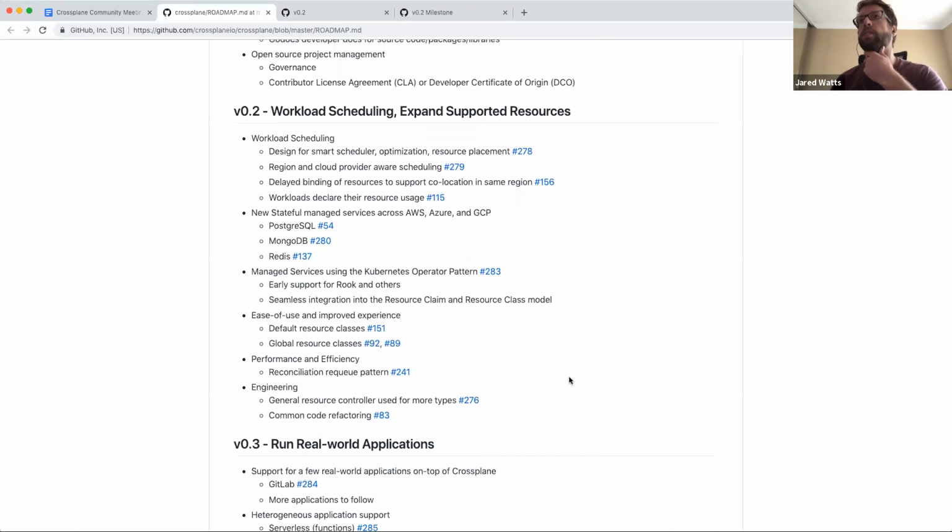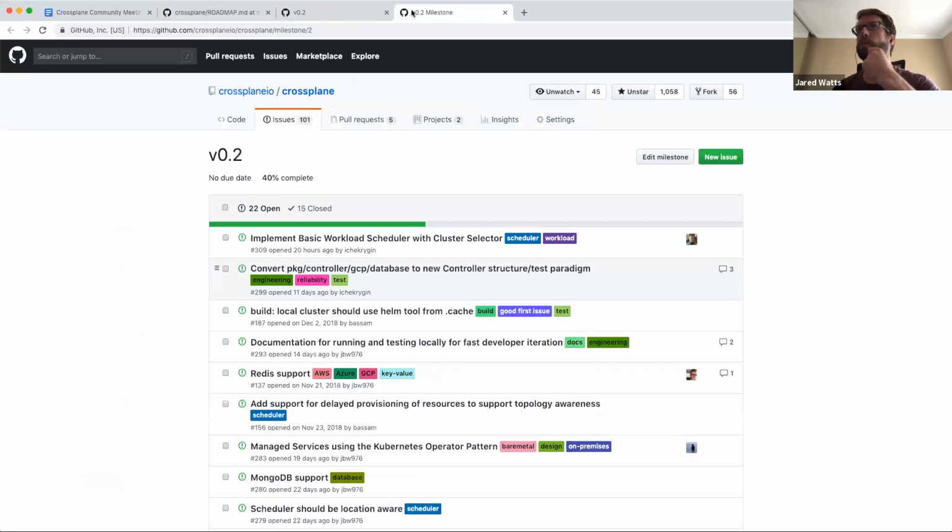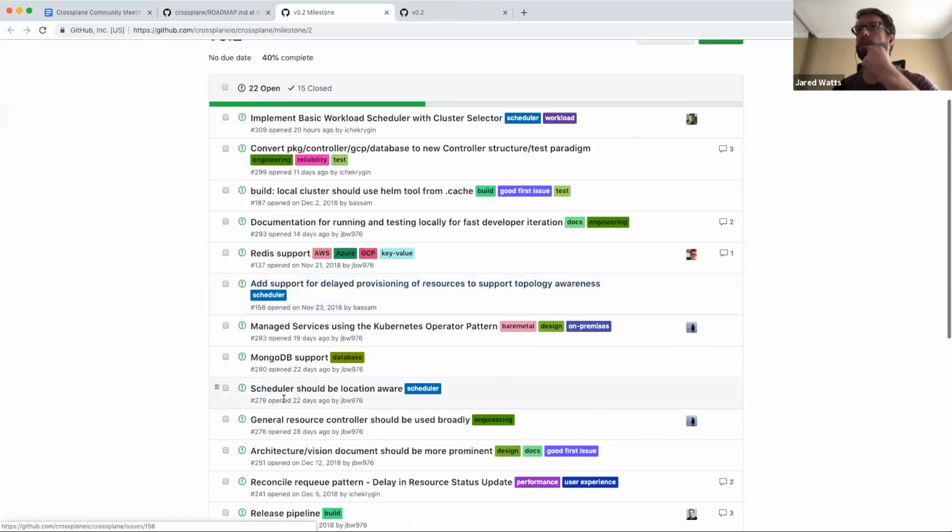It is in master now, though. As a community, we agreed upon the set of features that we want to see in the upcoming 0.2 and 0.3 milestones. So no surprises there. Let's go ahead and look at the project boards and milestone itself.